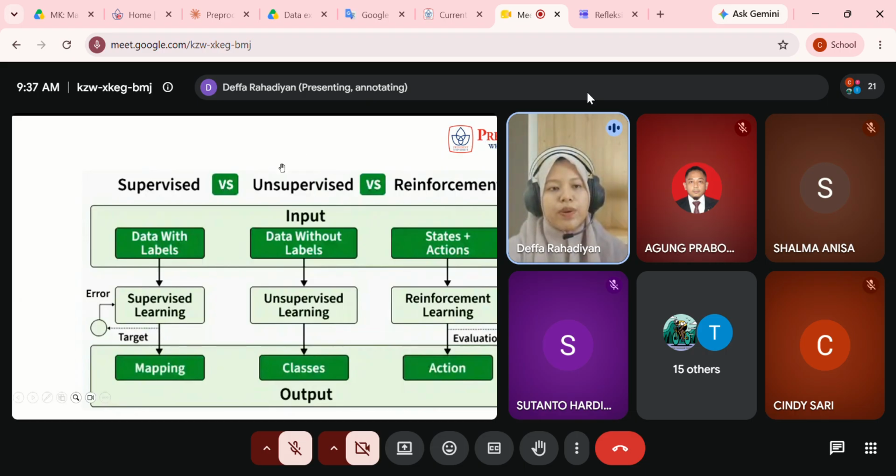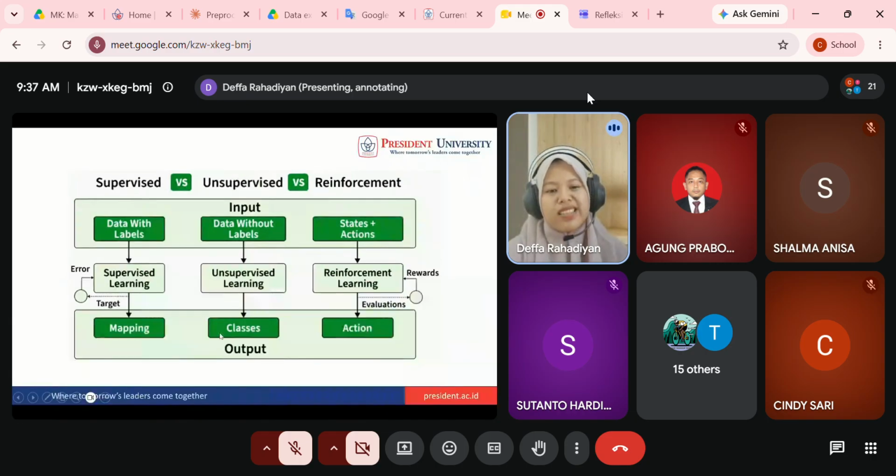But in unsupervised, the data has no labels, and the output is how many classes or how many clusters or groups we have based on that data.